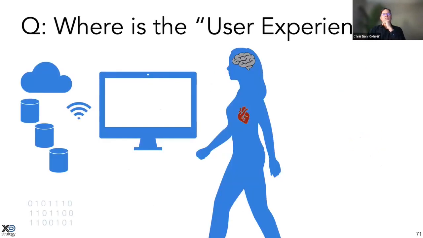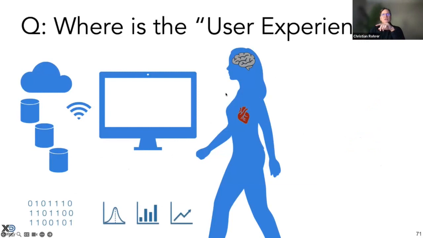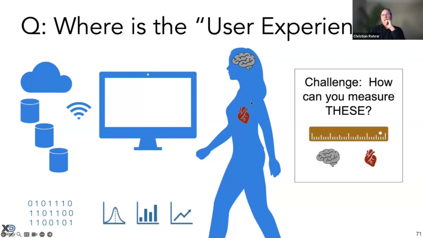So I started thinking about what kinds of numbers would be useful. When I look at the human-computer interaction cycle here, where the person interacts with the computer and we get numbers from the product, this is what executives are looking at. They clicked on this, they clicked on that, they said this in a survey, they did these things on the site, the conversion rate was this. Well, the problem is the actual experience is happening over here in the brain and in the heart of the user.